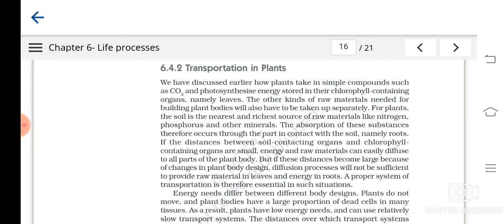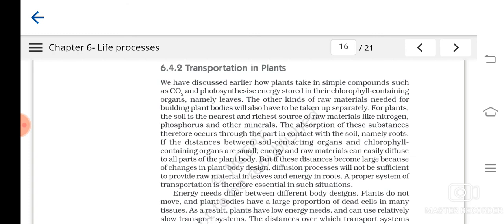Okay, and for ascent of sap, first what? Absorption of water should be there. And absorption of water, how does it take place? With the help of root hairs. Root hairs are in touch with the soil particles, and from there only water enters into the root hairs, and from root hairs it will pass through the cortex, okay, then it will reach the stellar region and it will enter into the xylem of the roots, and from that it has to go up to the upper part of the plant, and this process is called ascent of sap.